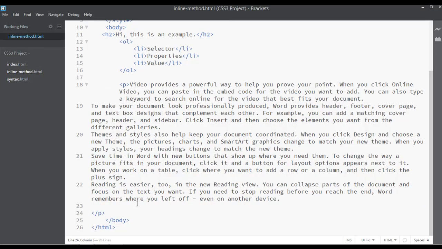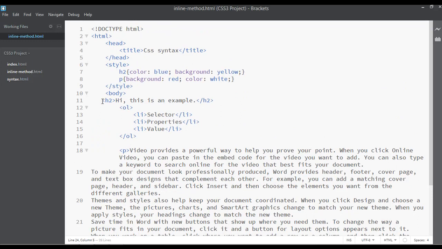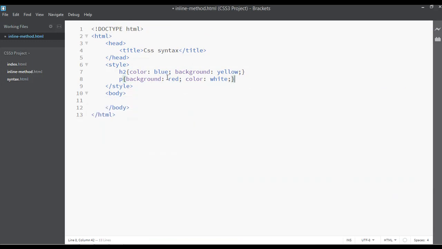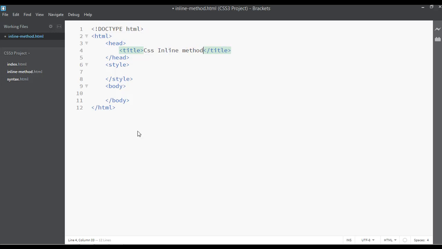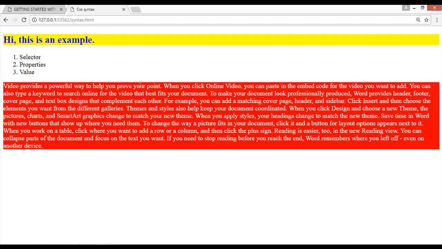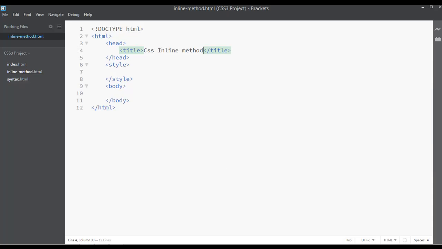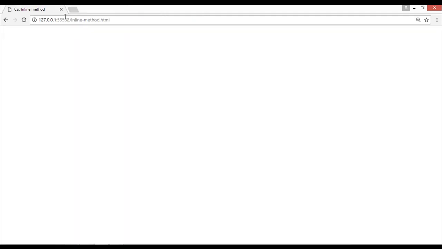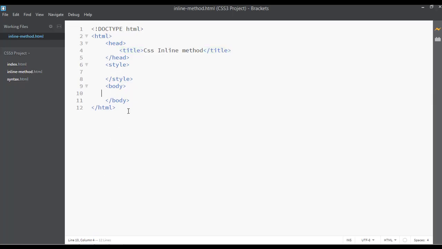Now I want to remove this p tag, this heading tag, all of this, and these CSS selectors. The title is CSS inline method. Now we can save, go to your browser and press F5, or launch this once again in the browser. And here is written CSS inline method. This is the title. Now I want to insert heading 1 here, and inside this heading 1 I am writing something, just my website URL